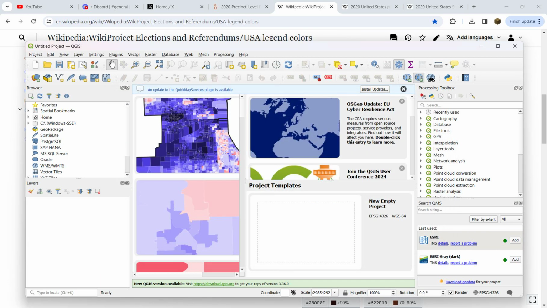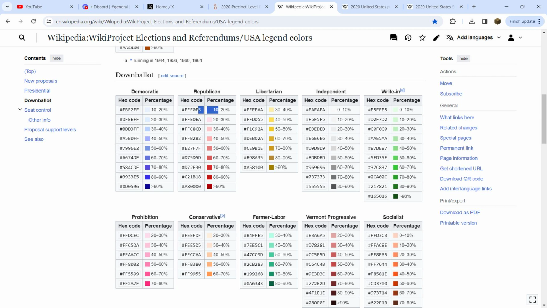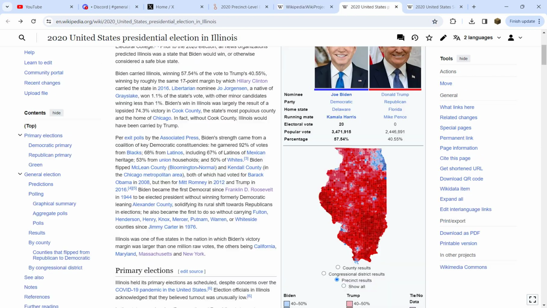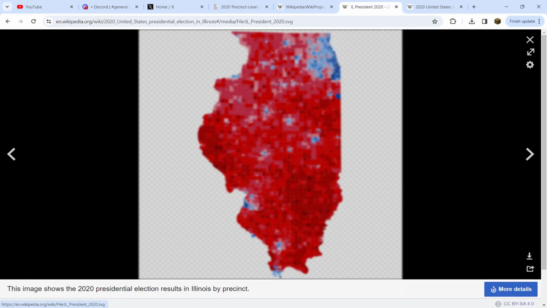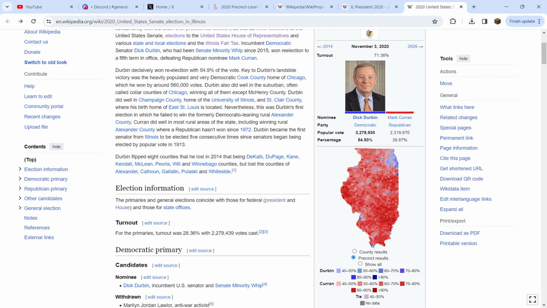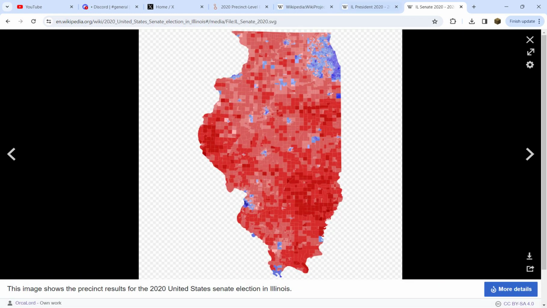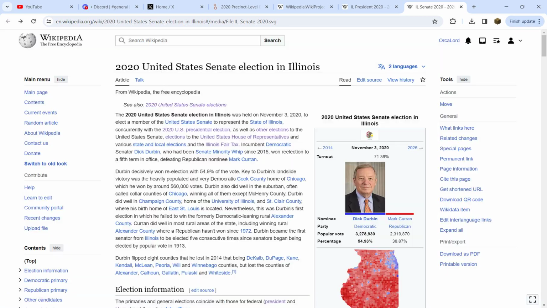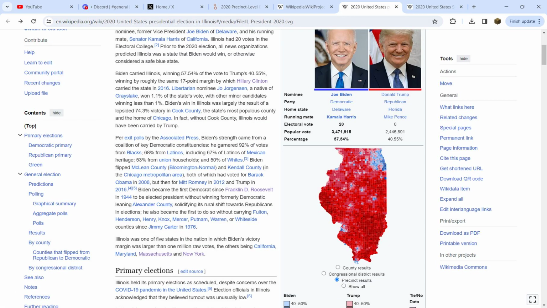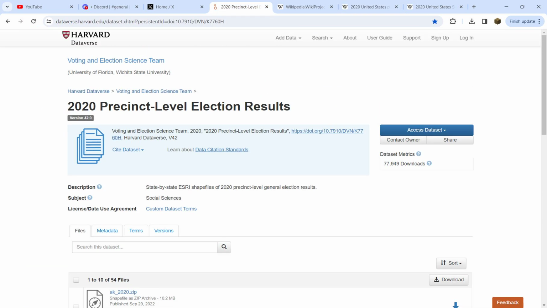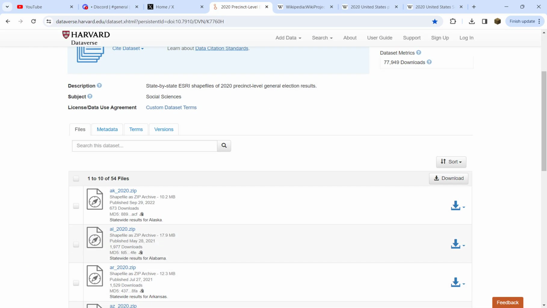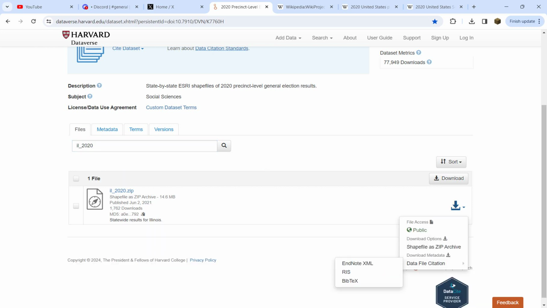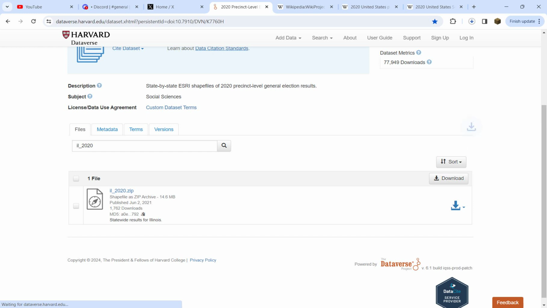And so the demo maps that I'm going to be doing for this video are remaking maps, actually. I'm going to be remaking the 2020 presidential election in Illinois and the Senate election. These are both maps that I've already added to Wikipedia, but I am going to make them again for this tutorial. I'm going to be getting that data from the Harvard Vote and Election Science team, as I've gotten for many of the previous videos in this series. So I'm just going to download them like this,